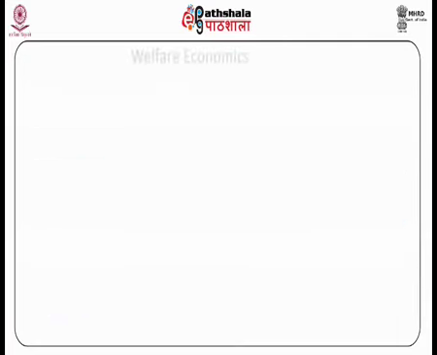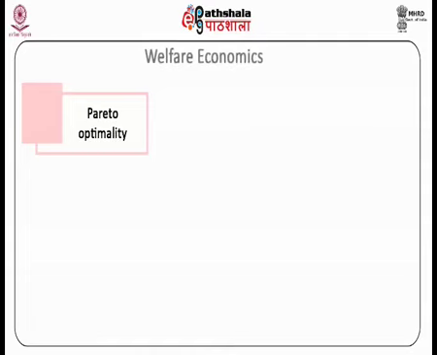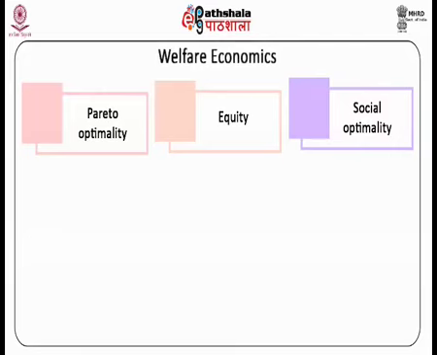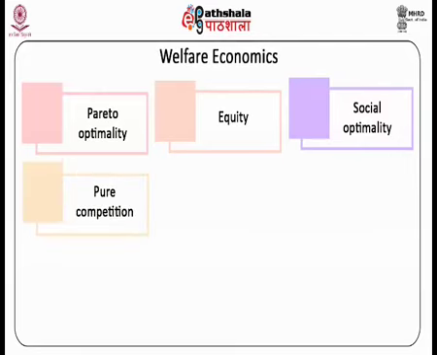This section is concerned with concepts like efficiency, that is, Pareto optimality, equity, social optimality, conditions under which pure competition will and will not achieve an efficient allocation of resources, marginal rules for policy analysis, general versus partial equilibrium analysis, proposed welfare criteria such as the Pareto criterion, the Kaldor criterion, the Scitovsky criterion, and benefit cost analysis,